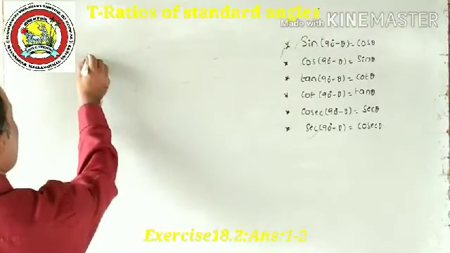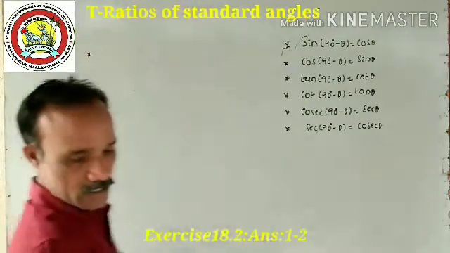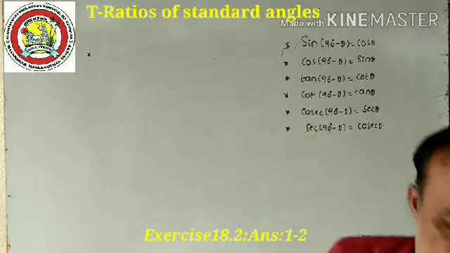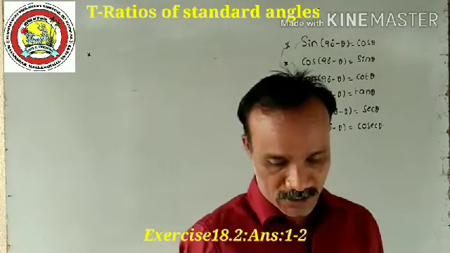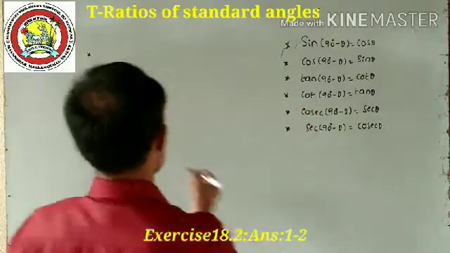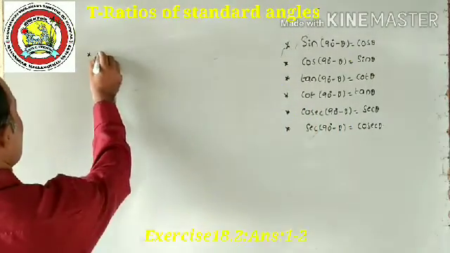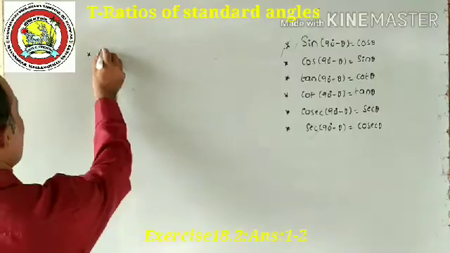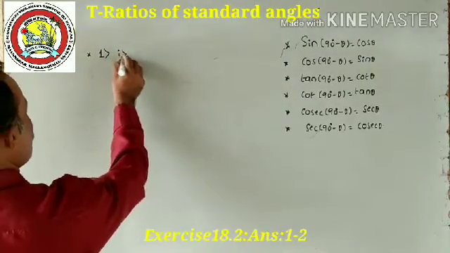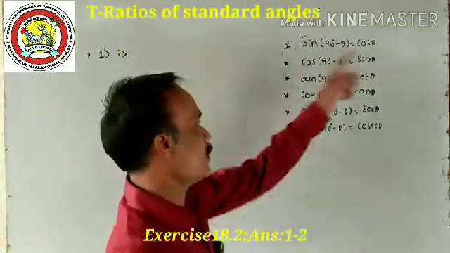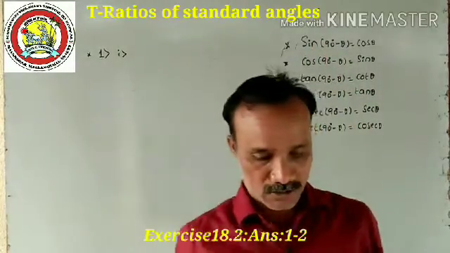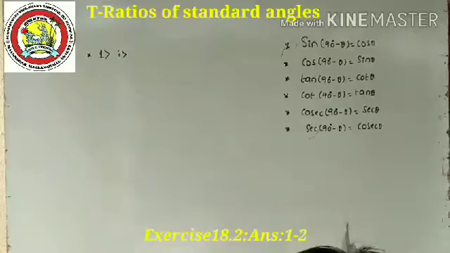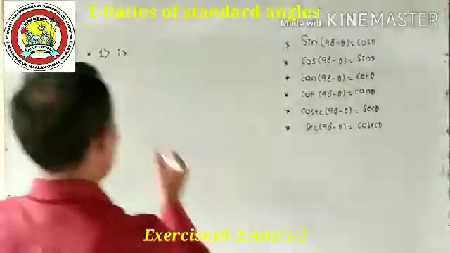Before we start the next exercise, that is 18.2, now we discuss the 18.2 exercise one by one. So, first question. The questions are very simple and depend completely on trigonometric ratios of complementary angles. So the first question is cos 18 degrees divided by